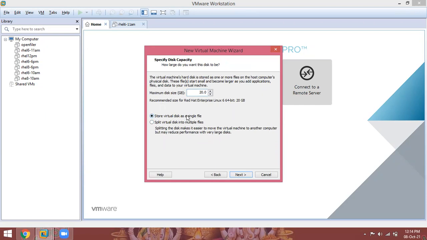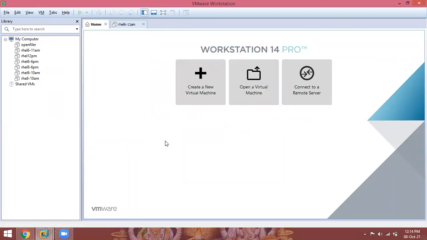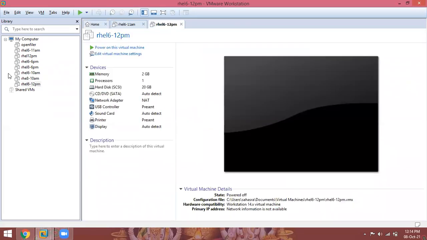Select store virtual disk as a single file. Click next. Click on finish. So the machine is ready. The RHEL6 12 PM batch machine is ready. This is called a virtual machine.